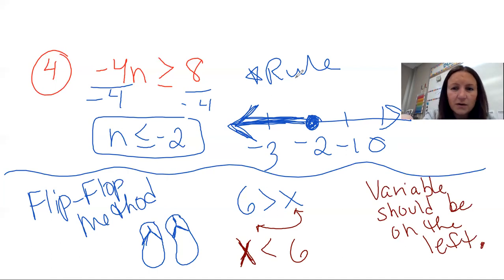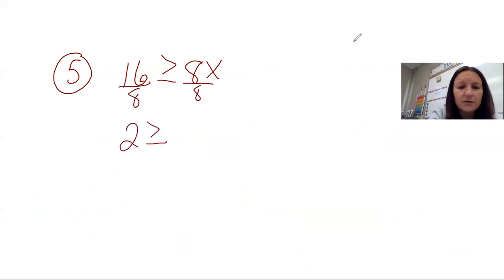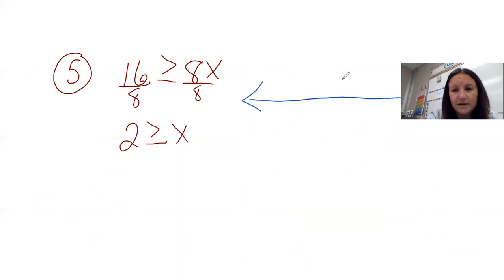And I'm going to do one more with you. Okay, so notice the variable is on the right. So I'm going to divide both sides by 8. I'm dividing by a positive, so I don't need to flip-flop anything. But before you go ahead and graph this,